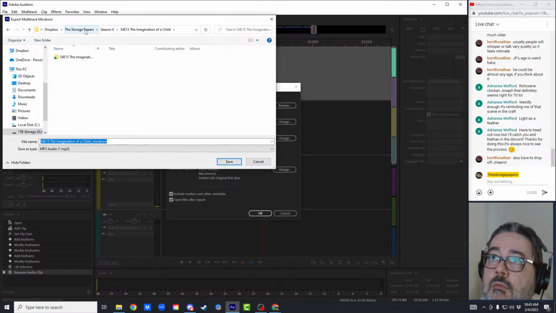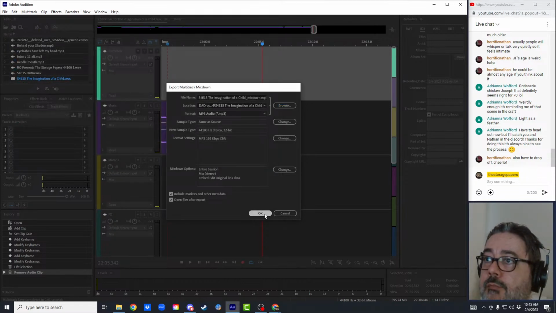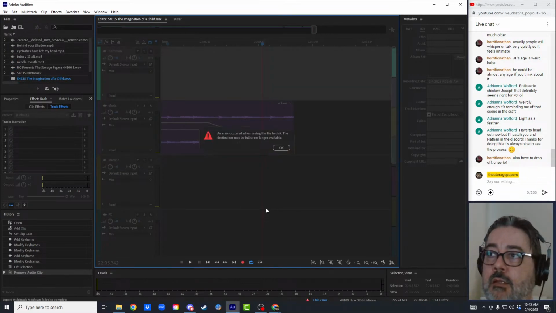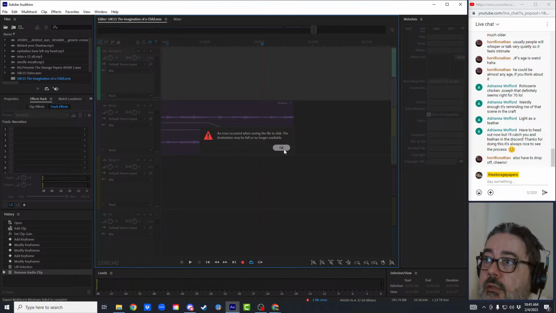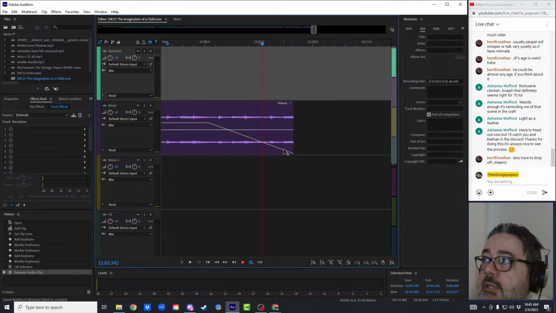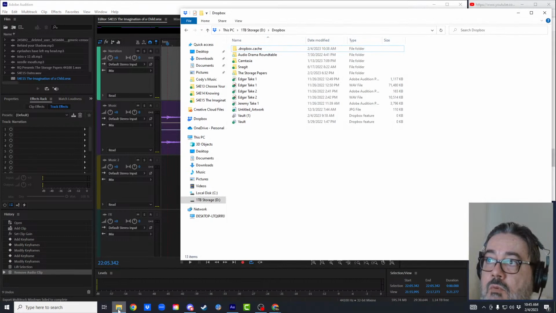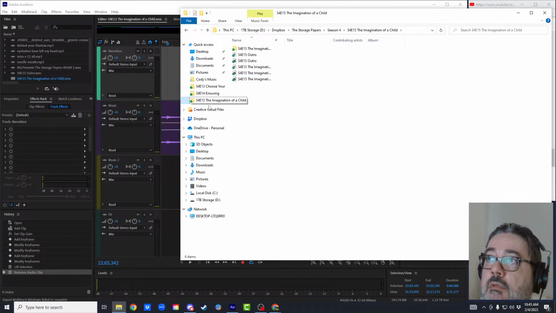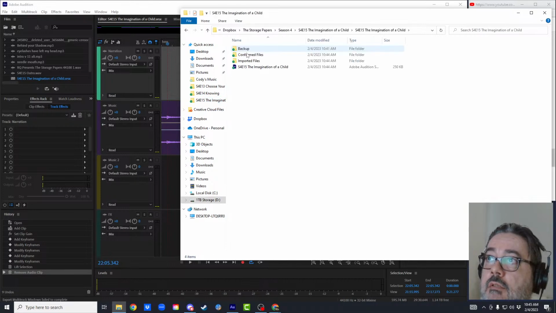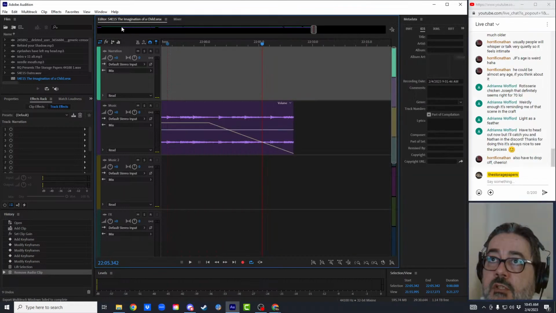Oops. What happened there? Save. Okay. All right. Oh, crap. This happens every once in a while. So here's what I think it could be. And if this doesn't work, I have another trick I can try. All those are green. I was thinking maybe it hadn't finished saving the multi-track version. I'm going to try this again.